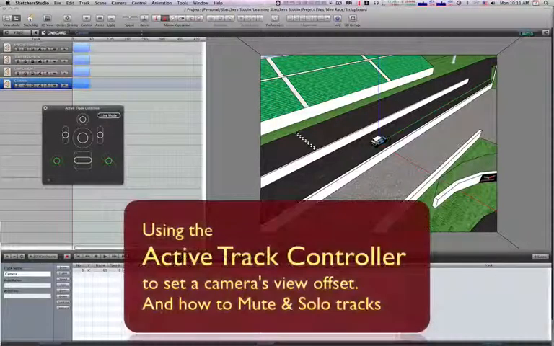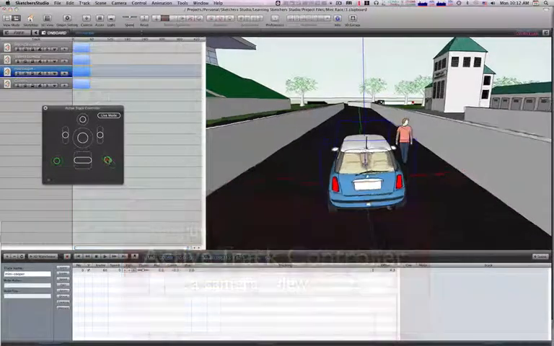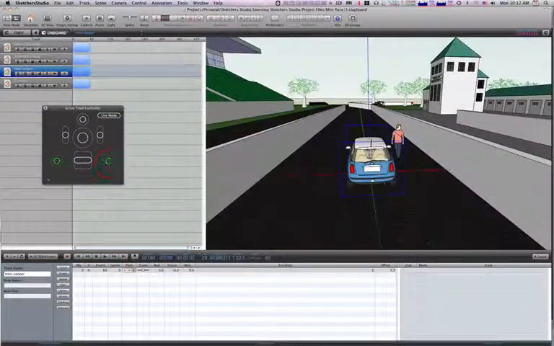When we were looking at the Mini Cooper, I'm going to go back to the Mini Cooper for a moment. We're in our onboard camera, and you'll recall that we talked about these green buttons, so I could move in and out from the view origin, which